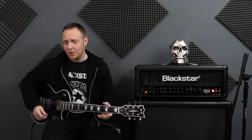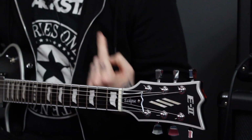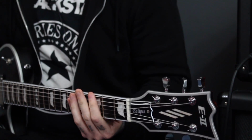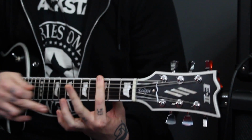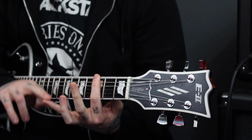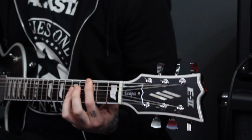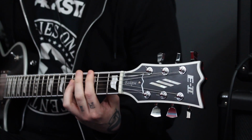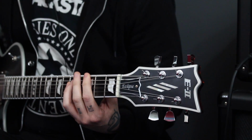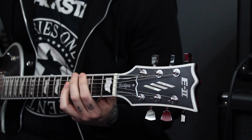So to make that power chord heavy, what you're going to want to do is take your index finger and bar it. So we're going for the 3rd fret, bar it along the 3rd fret, all the way across all the strings. Take your pinky and place it on the 5th fret of the D string. So you've almost got like an octave chord, sort of the way you would play an octave. Okay, so the E string on the 3rd fret and the D string on the